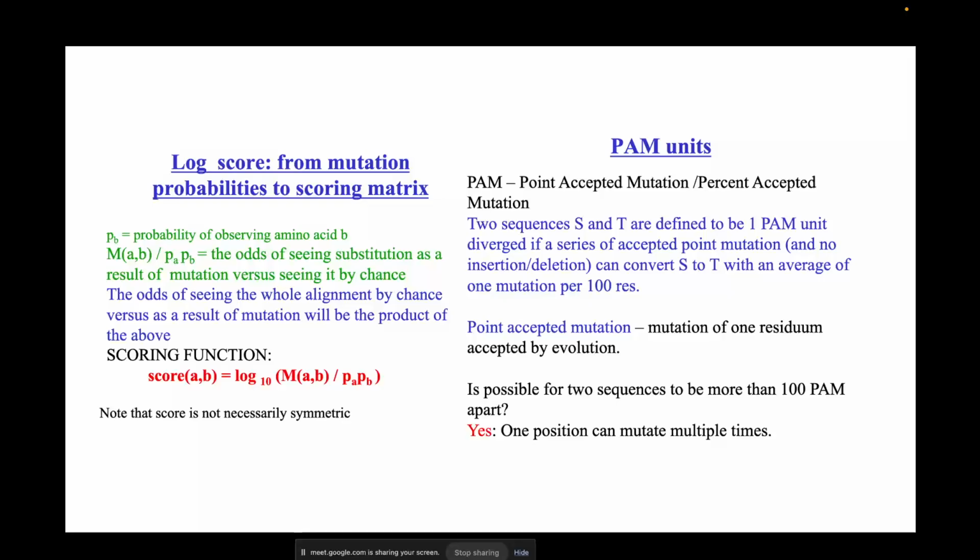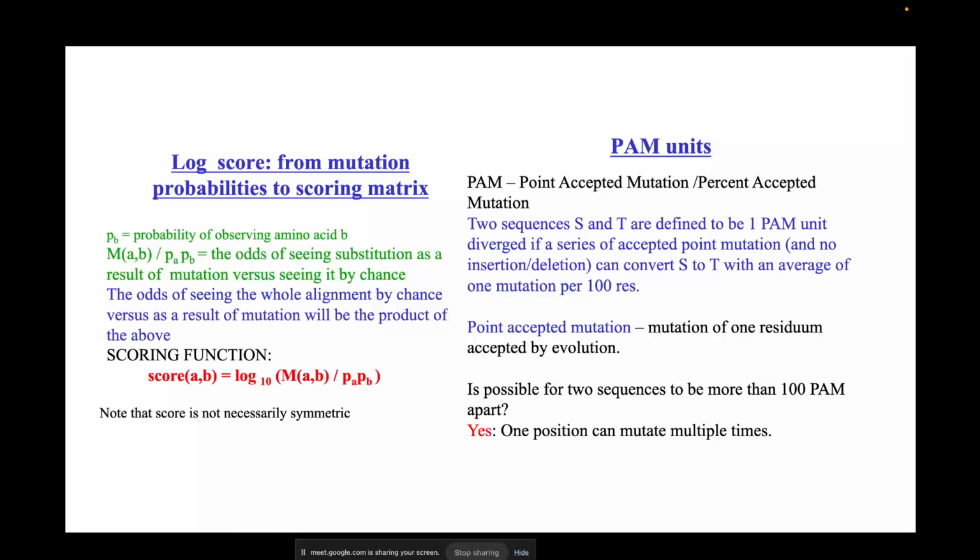So if you have a sequence S and a sequence T, and you do one mutation per 100 residues in S, can you convert S to T? If that is possible, that is basically one PAM unit, as they say. And it is possible for two sequences to be multiple hundreds of PAM mutations apart because one position